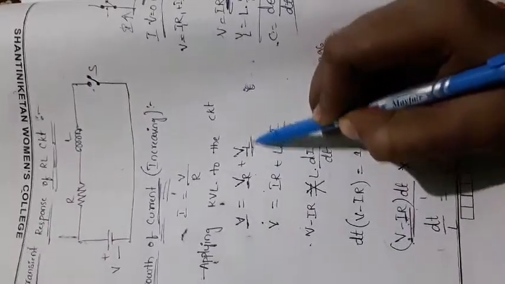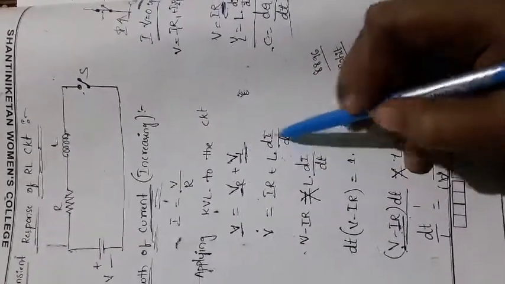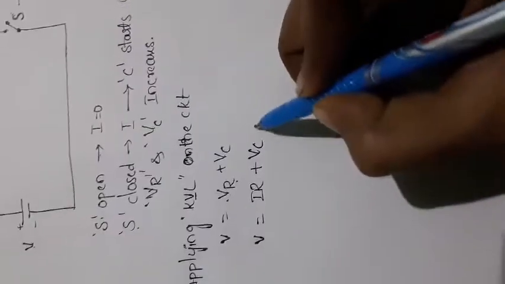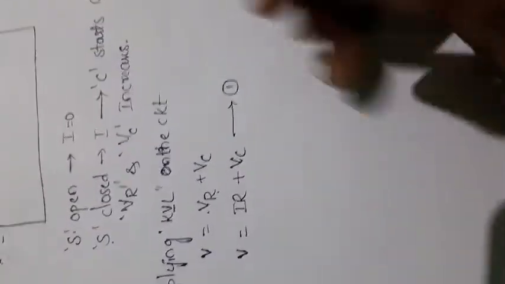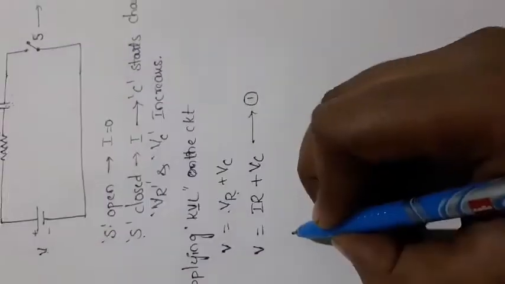So for VL, the equation in terms of the I value for an inductor is L into di/dt, right? Like this, it is in terms of the inductor. In the same way, we will write the I equation in terms of the capacitor. Okay, so now I can explain how to write the capacitor value in terms of current. This is the first equation you can imagine.